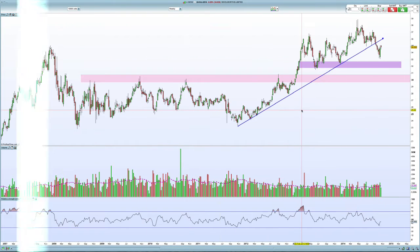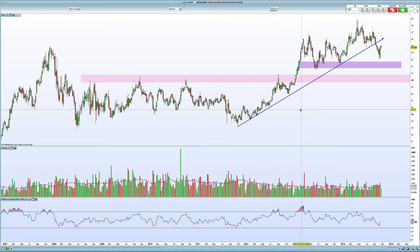This is a chart of Woolworths. It's another important bellwether stock on the ASX. You can see that we've been trending up now for more than 3 years, and just in the last couple of weeks we've broken through this long-term trend line,